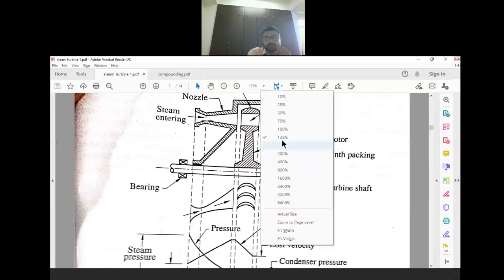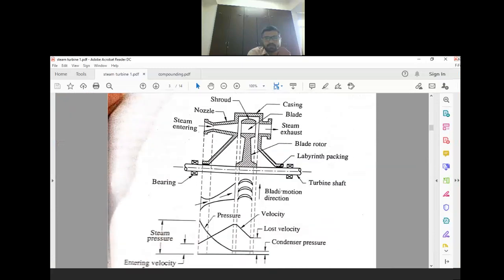In the diagram, whatever we discussed is presented in the form of a diagram. So here you can see that first of all we will try to understand the construction. So this is our shaft, these are the bearings. So shaft is supported on the bearings. So here on both the sides we have blades, because blades are attached on the shaft. But here in the diagram only one side is shown.